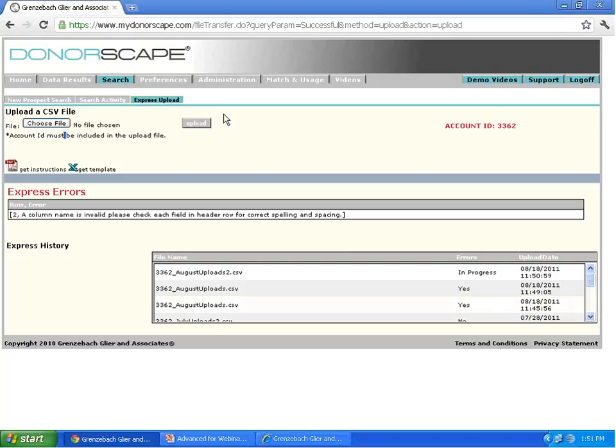All right. And while it's processing the records, if you were going to load more than 5,000 records at a time, you would fill out this same template, and then you would send it to us through the FTP, filesend.donorscape.com, and we would process it and load it for you. The other thing you could do is break up your file into fewer than 5,000 records at a time and load them separately, one after the other. You can't, though,